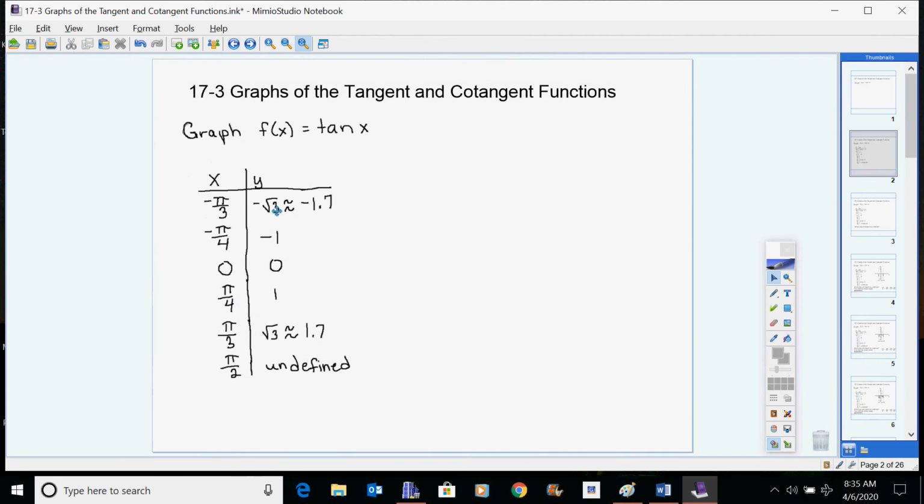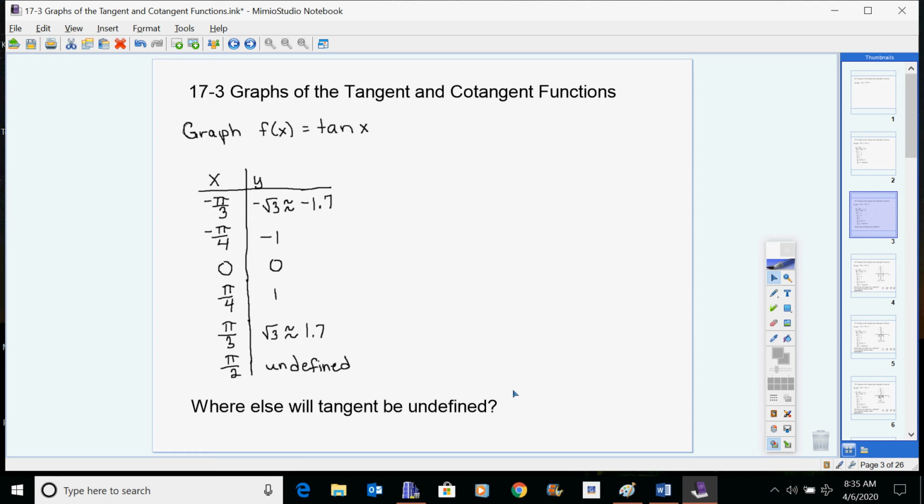Okay, we have -1 at negative pi over 4, and we have this. So you kind of see bookends as a repeating pattern, just like we had in sine and cosine. You had something and you had a pattern repeating. But what we need to think about is also